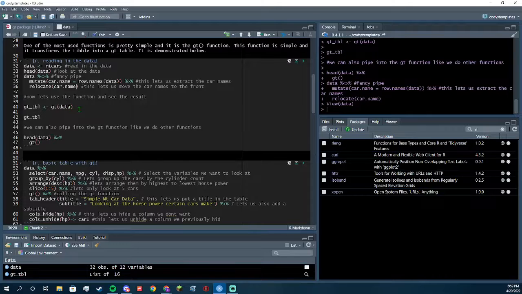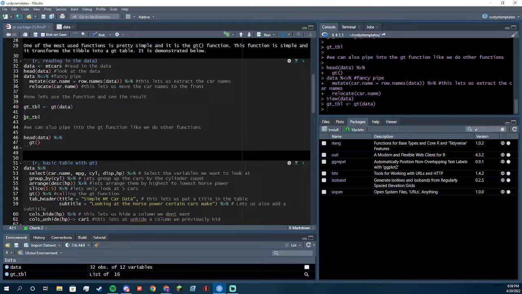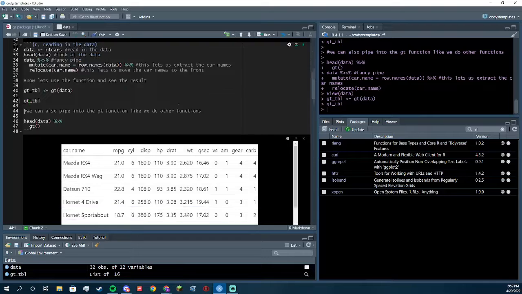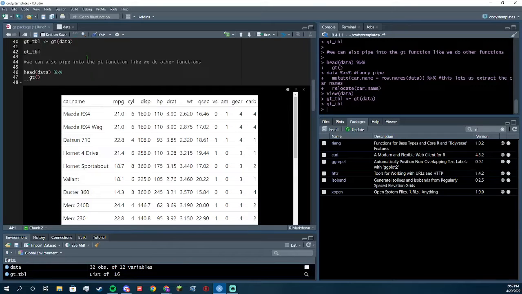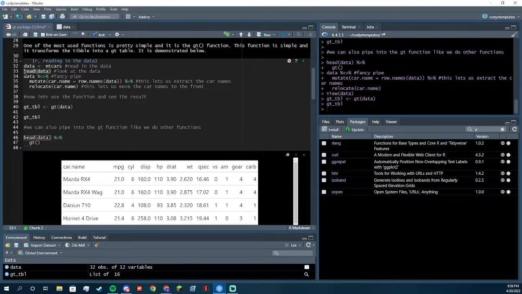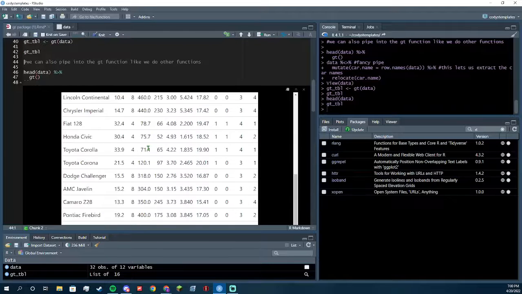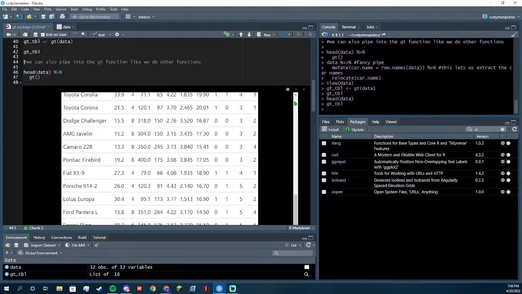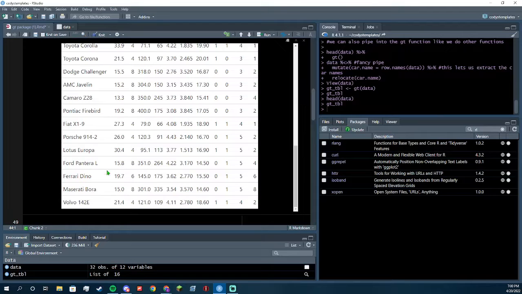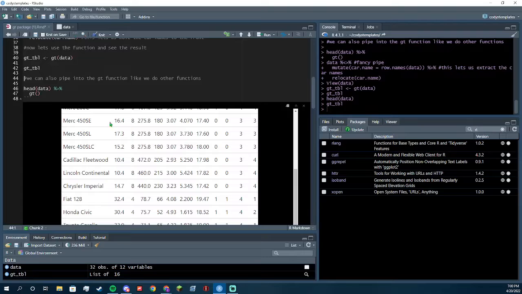And the first glance of the GT function, you can call it into a variable such as this and call it gt_table. It's just gt, parentheses, your data set. You can go ahead and run that, or if you wanted to display it, call the variable back, and this is what it does. So big difference from this and a big difference from this. Also a big difference from just doing head and data. This is what head would do, and this is what GT does. It also displays almost all, I think it displays all the data as well. So it shows everything. It kind of organizes it in a little bit neater fashion